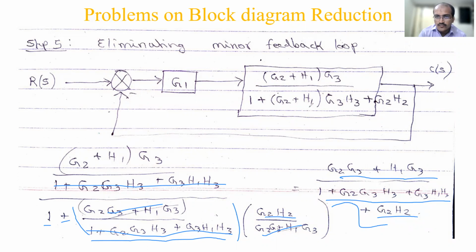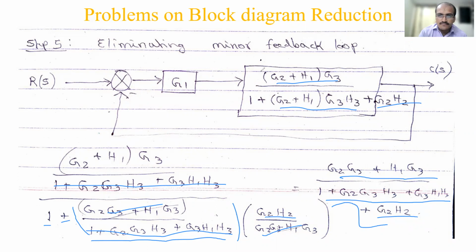The same thing I have put over here. So here I have simplified. Here again I have taken g3 common, so g2 plus h1 g3. Here again g3 h3 is common in both, right? So that's why it is g2 plus h1, in the same fashion I have written. Simply to write, you can write this answer, or you can write it in brackets, no issues. So this is your new answer.